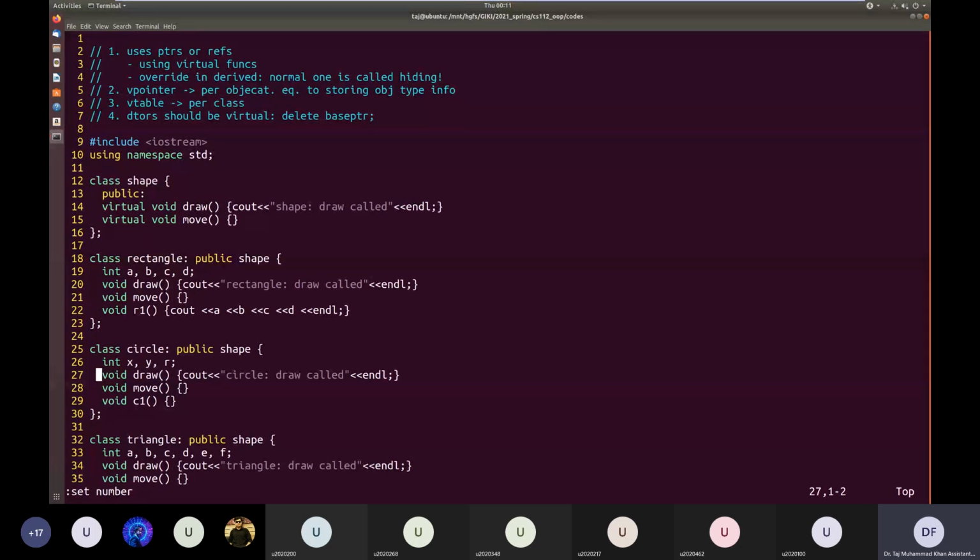But how to actually implement it, that we will not do in the class Shape. Why? Because in the real world, shape is so abstract that there is no specific implementation associated with the class Shape. So you don't know what kind of shape you are going to draw. And if you don't know what kind of shape is drawn, you don't know what moving a shape means. What does rotating a shape mean?